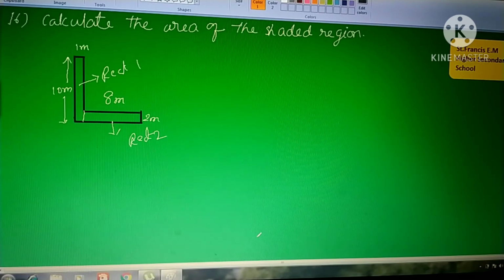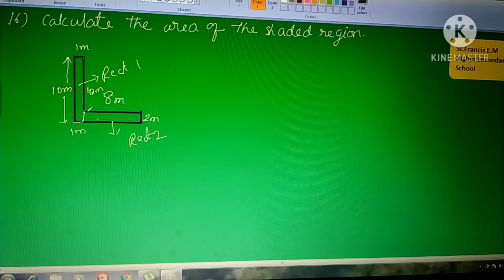Now we will find out the area of each and every rectangle individually. After that we will add these two to find out the total area of that figure. Understood this one? Now see, I have divided this with one line, so we form two rectangles here. Observe this rectangle. Here the length is 10 meters. So now this length will become 10 meters. Why? Because opposite sides are equal. So this is 10 meters. If you observe here, this width is 1 meter. So this width also will become 1 meter only.